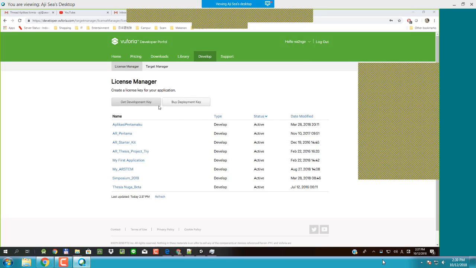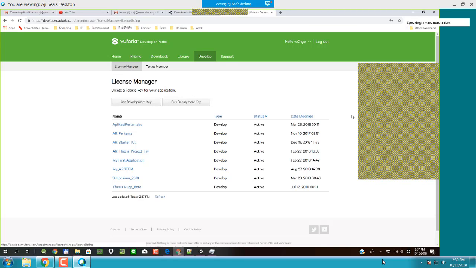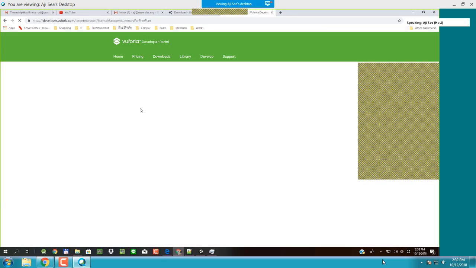Okay, so after you log in, the first thing you have to do is make a development key. I mean, you are not making it, you can just get it for free. For that, you can go to License Manager, which is the default. You're already there, and you can choose Get Development Key and give a name